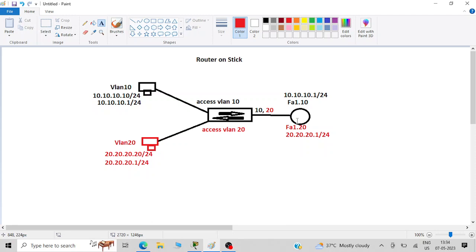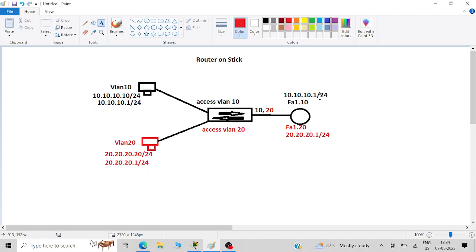So we'll be trunking these two VLANs and creating these two sub-interfaces, and on these two sub-interfaces we'll be configuring the gateways. The VLAN 20 gateway will be configured on this interface as 20.20.20.1, and the VLAN 10 gateway will be configured on this